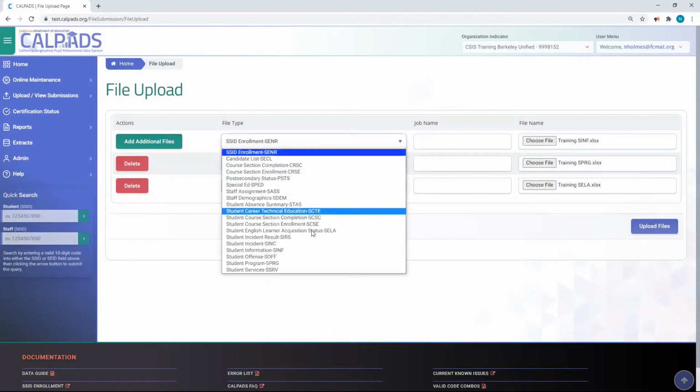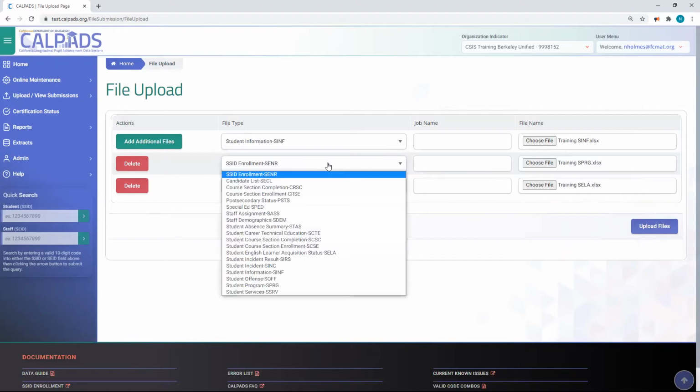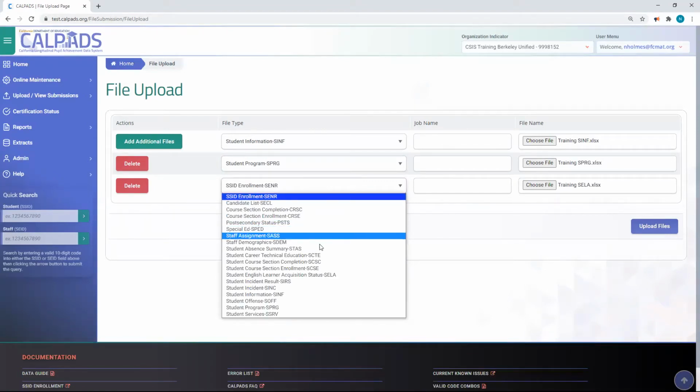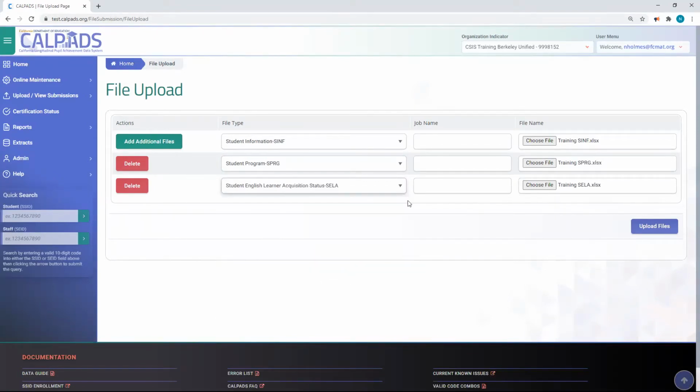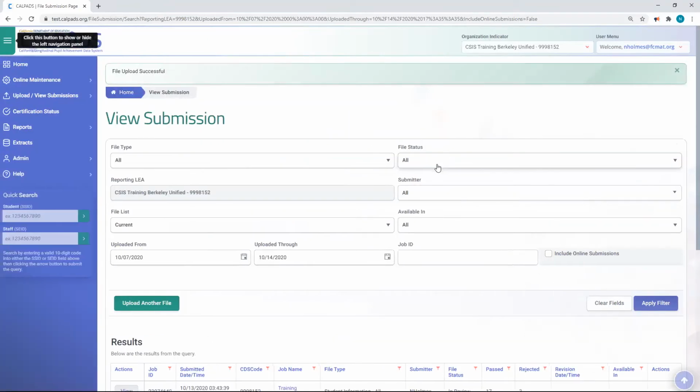I want to make sure that I correctly identify the file or record types. And then I'm going to nickname them. Job name is strictly optional, but if you're submitting multiple files of the same record type, either for multiple schools or because it's an iterative process, you may be whittling down errors, it helps you keep track. Additionally, each job has the name if you choose to name it, but they will be assigned a job ID.